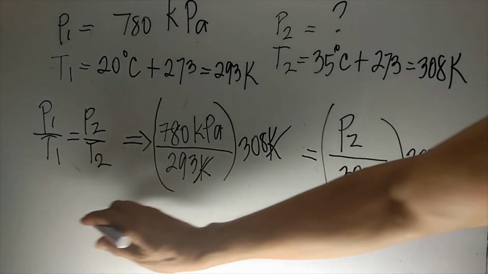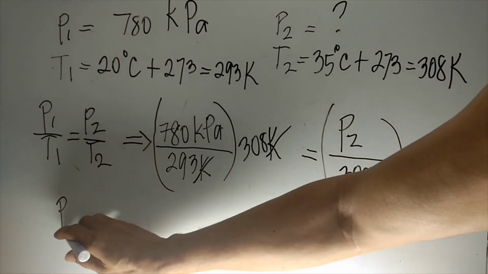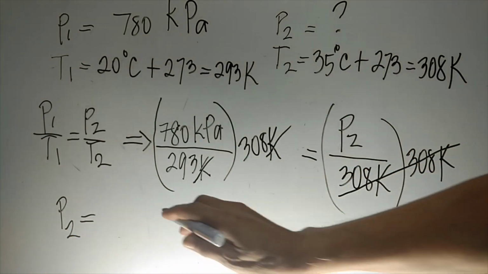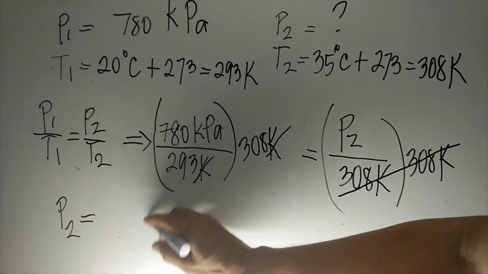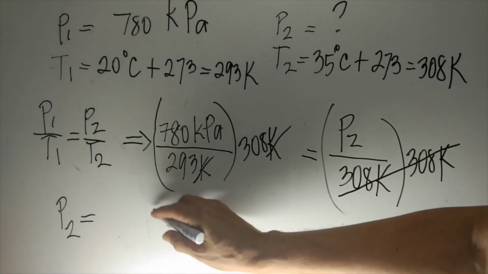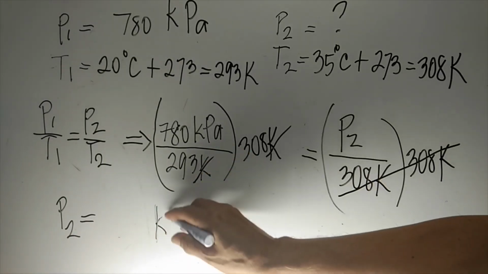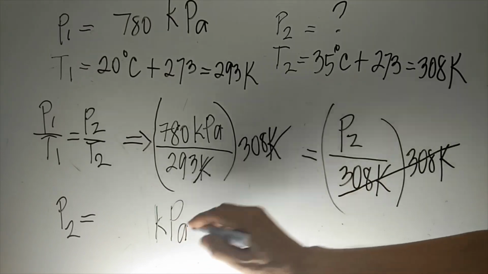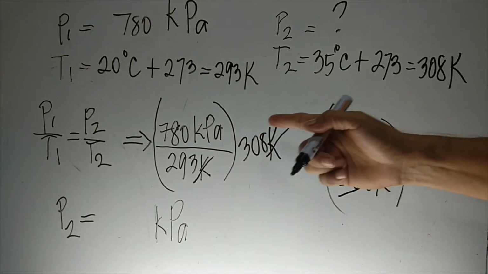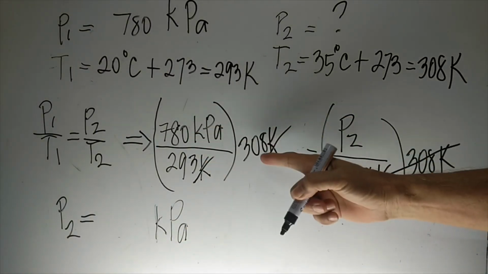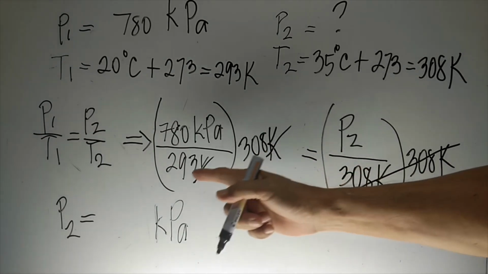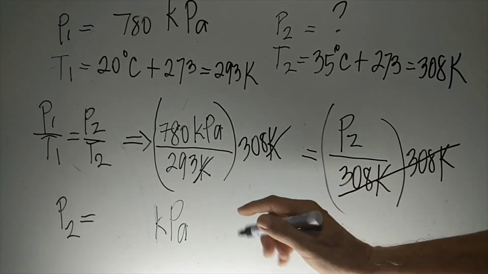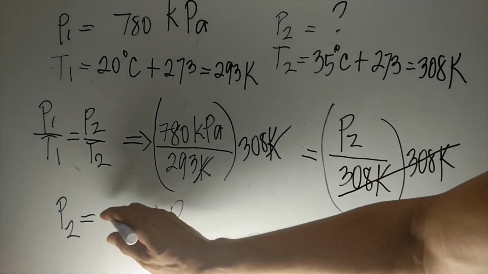So P2 will be equal to, the remaining unit will be kilopascals. So using your calculator, 780 times 308 divided by 293 will give us a value of